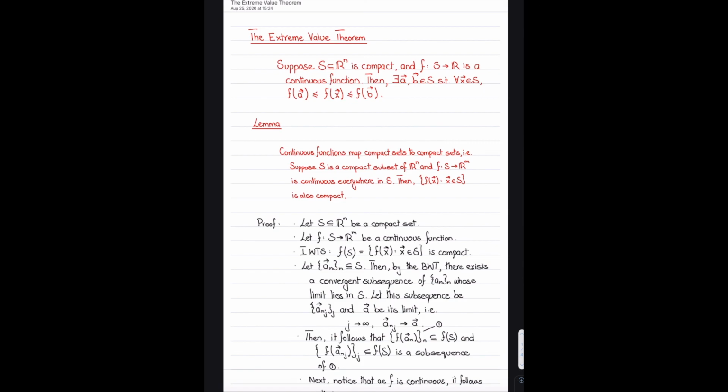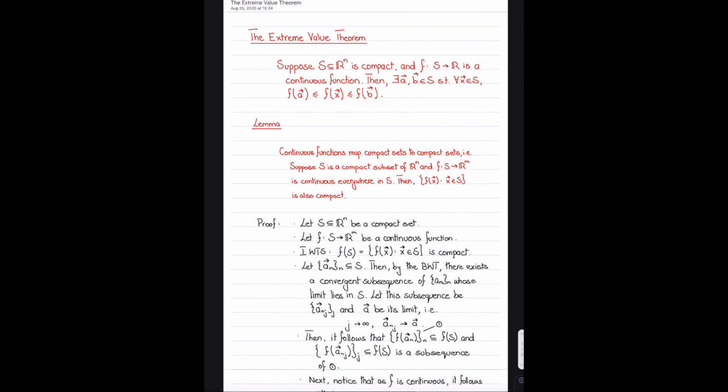The next thing we did is we proved that a vector x is in the closure of a set S, where S is a subset of R to the power of n, if and only if there is a sequence in S that converges to x. Now, we used